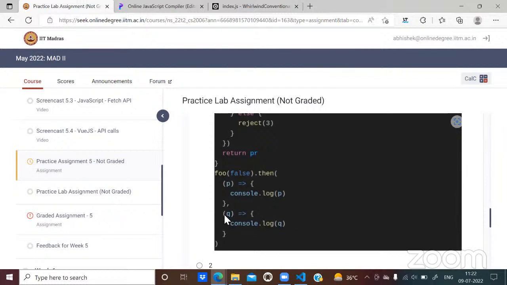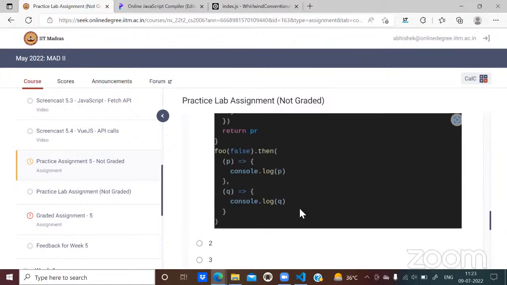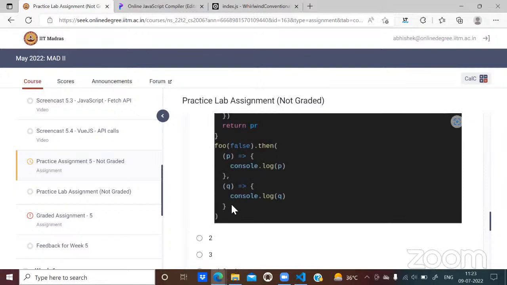The first way is that you pass a second function to the then itself. The second way is to handle it using catch. So then will be having only one function, and then dot catch. In case you don't want to handle the rejection in the then itself, then you can write catch. It's up to you.